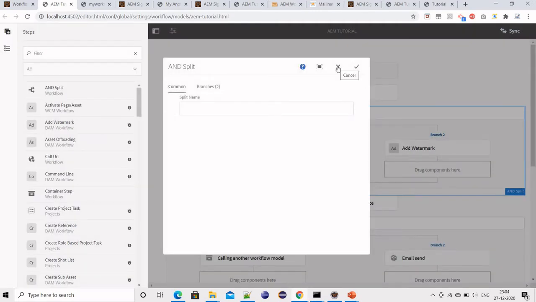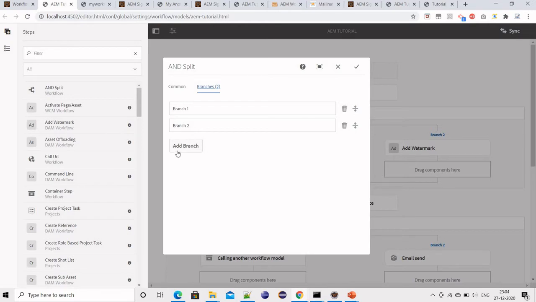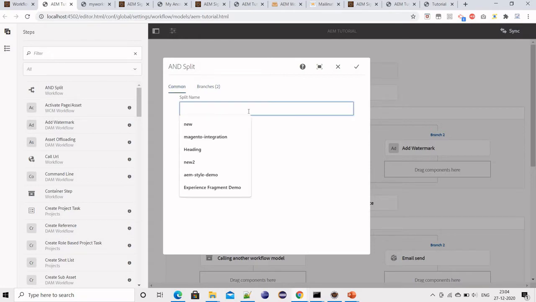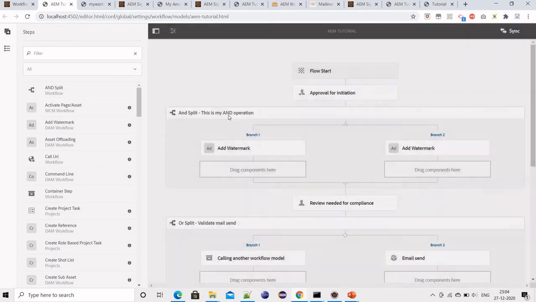So I have just inserted the and split, and then there are two branches, branch 1 and branch 2, and that's it. We can give some name to it. So maybe this is my and operation.